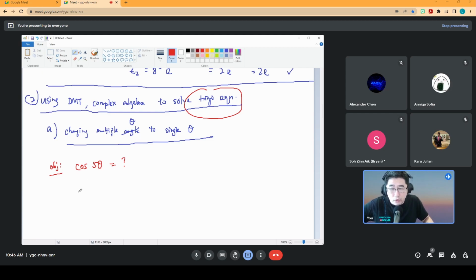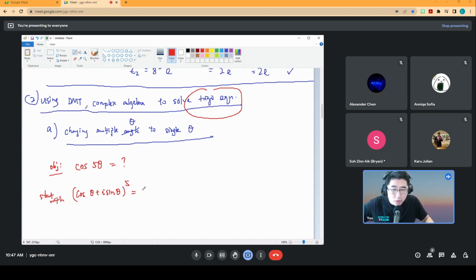I start with cos theta plus I sine theta, power 5. Power 5 because of the 5 theta that you want to do. Cos theta because there will be some component inside that I can actually use. So cos theta plus I sine theta, according to binomial expansion, equals